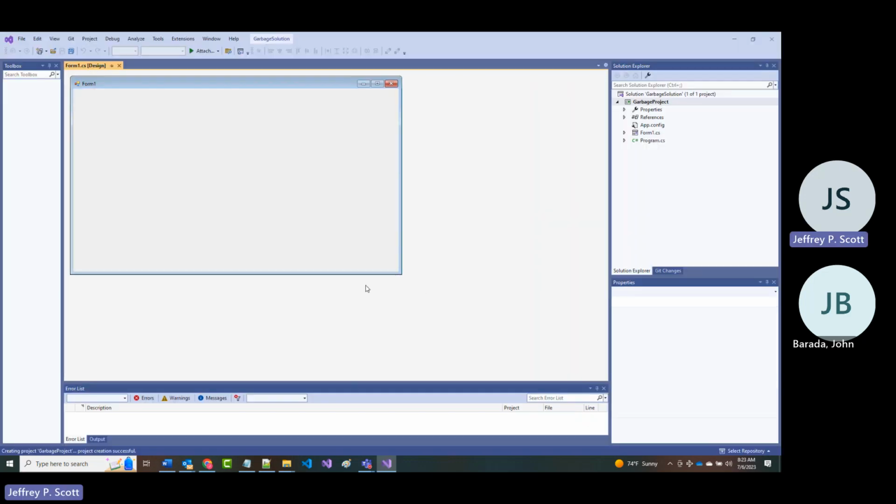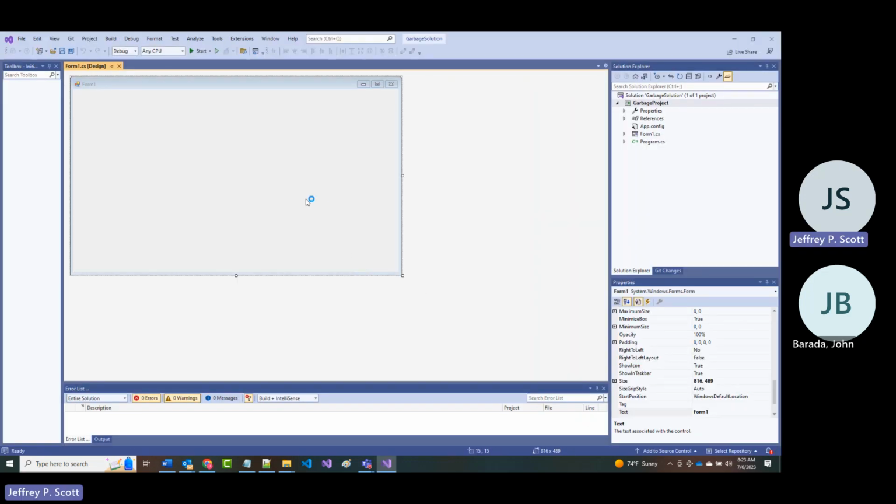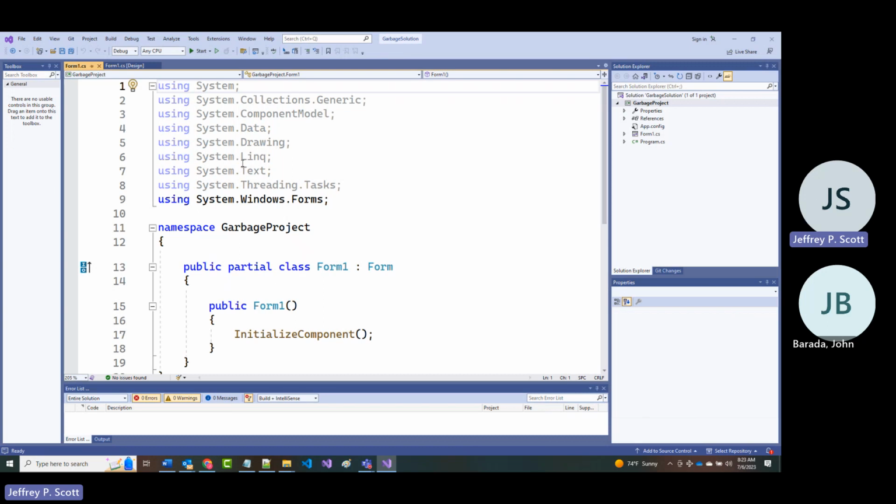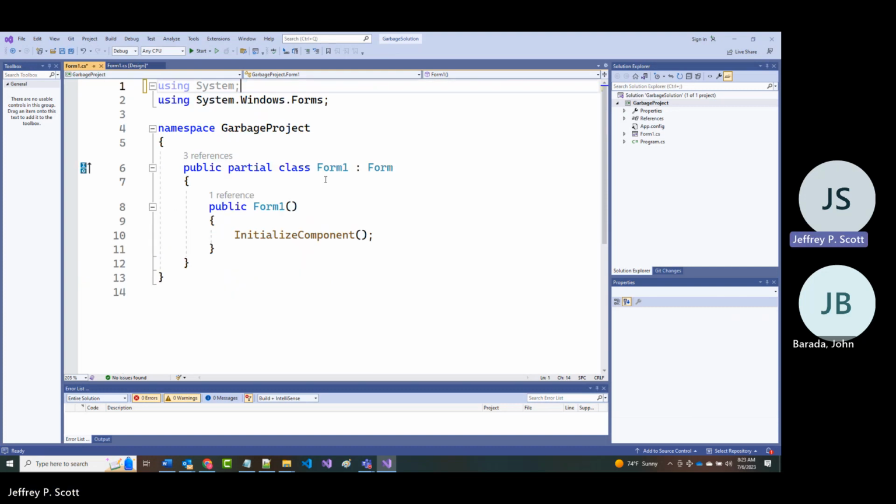All right, there it is. Nothing new here, except when I right mouse click and I choose view code. Now you've all seen this before, and you'll notice that the only thing in here that is not grayed out is system.windows.forms. Who cares? You should. When you look at this, you may or may not have ever thought of this before.